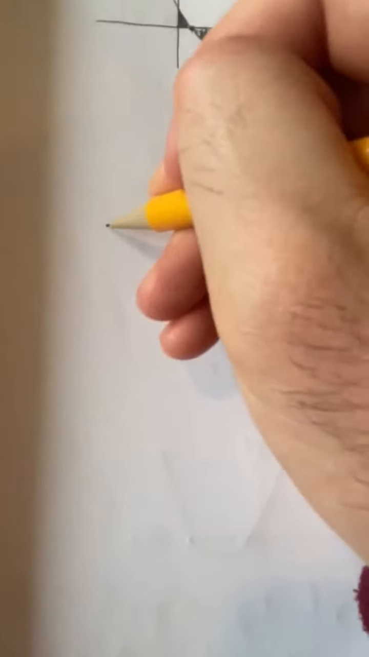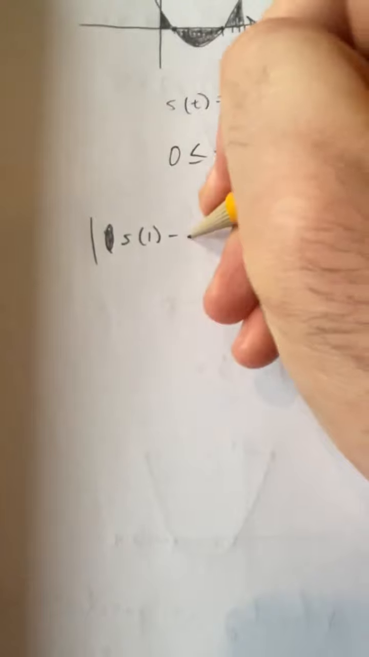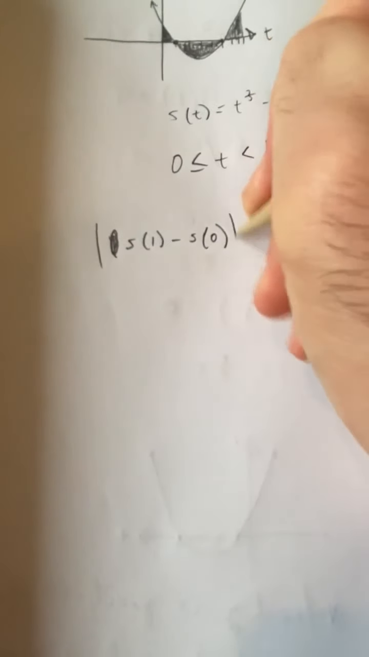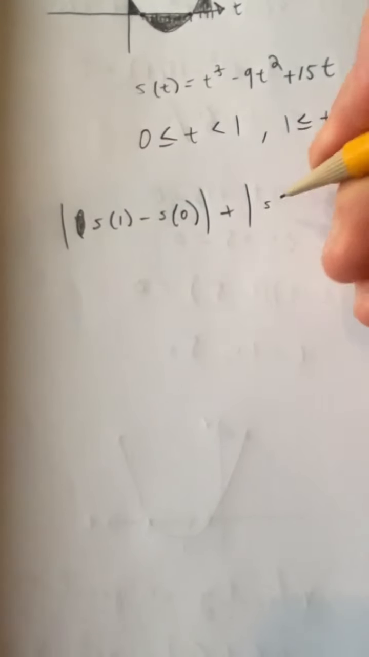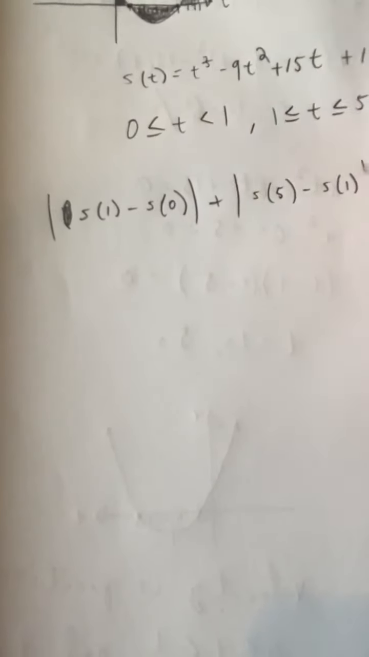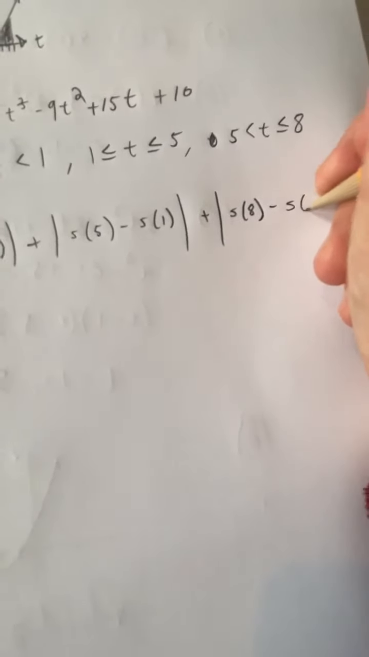So what we do is we take the absolute value, because we're not concerned about if it's moving in a positive or negative direction. We want to know the total distance covered. We take the absolute value first of s of 1 minus s of 0, okay? And we're going to add that to the absolute value of s of 5 minus s of 1. And then we're finally going to add that to the absolute value of s of 8 minus s of 5,